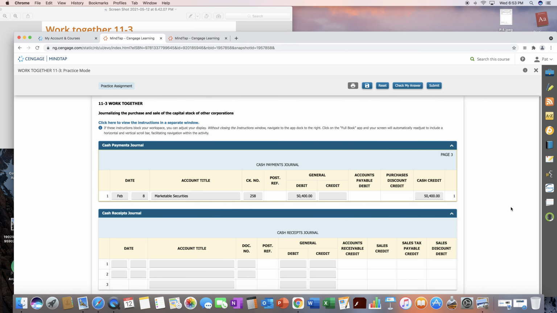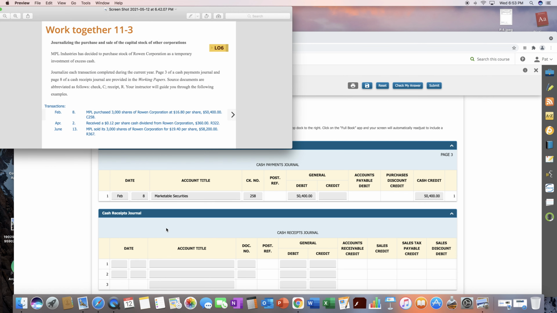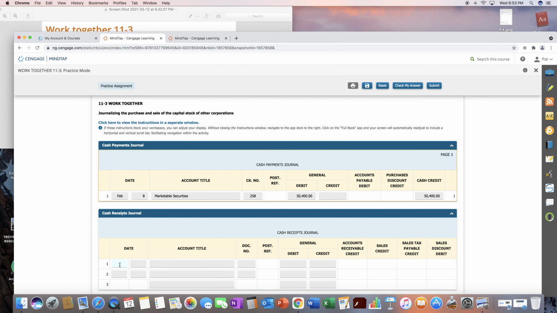All right. Next, it says we received on April 2nd a 12 cents per share cash dividend from this corporation, $360. So they tell us, otherwise you would multiply 12 cents times 3,000. But we get a $360 dividend, and this is on April 2nd. So on April, nope, not two. That didn't let me, okay. April 2nd, we have a dividend